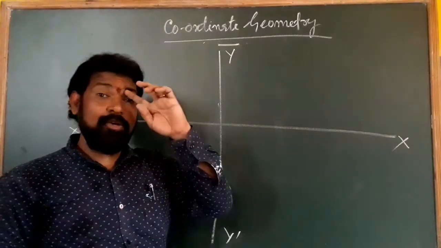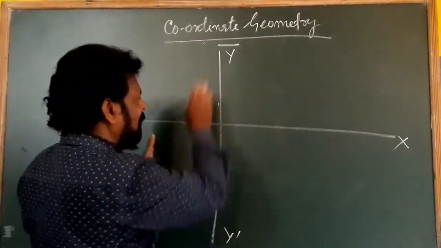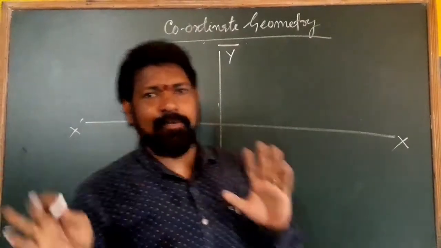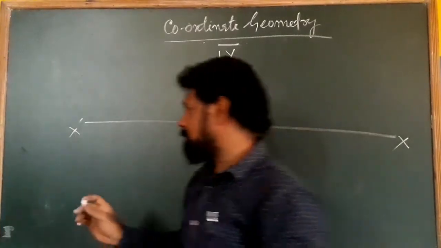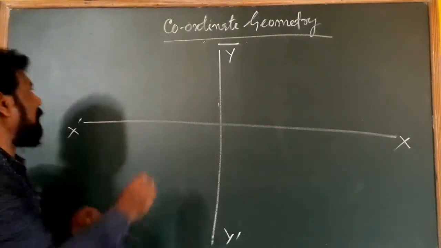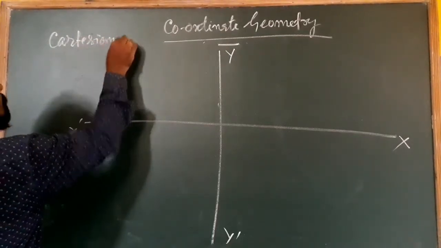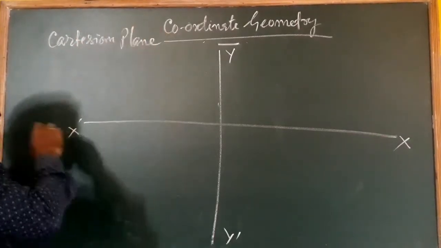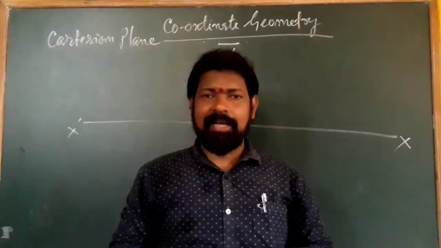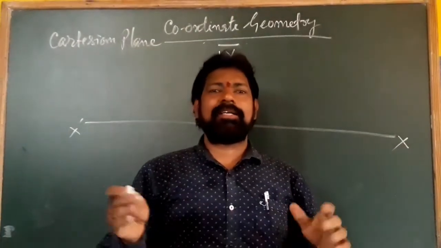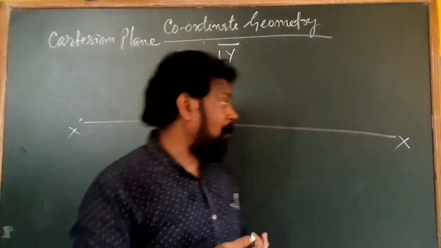Generally, capital letters are used for x axis and y axis. Okay. Now whenever you draw the x axis and y axis, the entire plane is called your Cartesian plane. So when a plane is divided into x and y axis, horizontal and vertical axis, then the total plane is called the Cartesian plane. Now you are able to easily find out the location of different points.